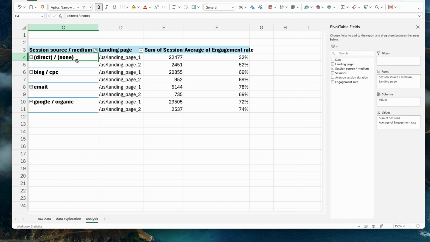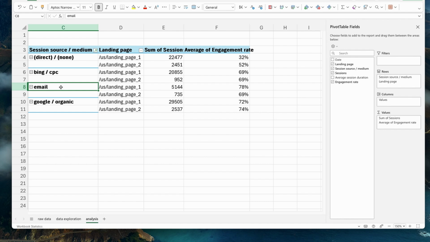For example, you know the website name, you type it in, and you just click there. Bing CPC is cost per click, which means this is a paid search on Bing. This is paid traffic. Emails, probably some email sent to customers or users. So usually when you see email, it's probably your